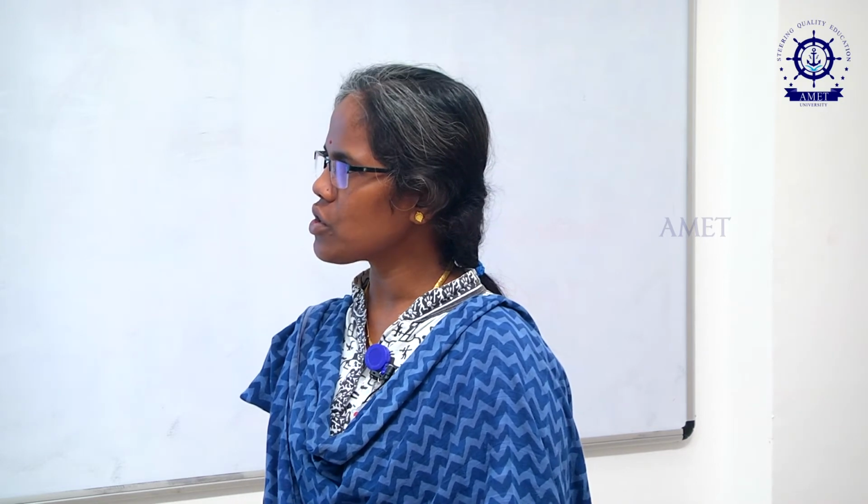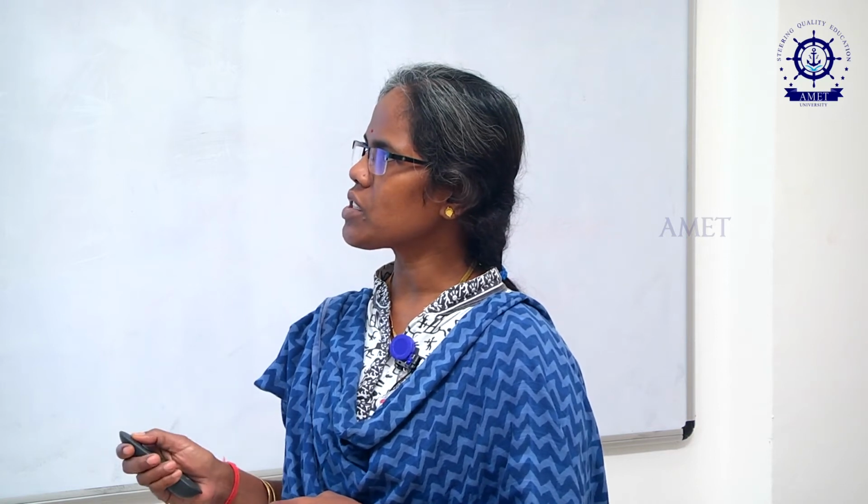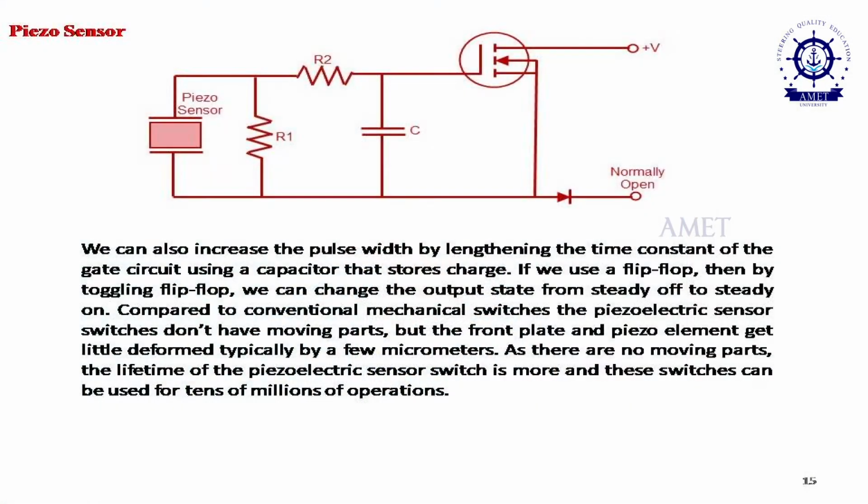Resistors R1 and R2 are limiting resistors. The capacitance is used for blocking, suppressing the transient signal, which is passed to the ground. The field effect transistor is a voltage controllable device. The current is limited, and we have a higher voltage. For that reason, the piezoelectric sensor with FET is used to control the electrical signals.